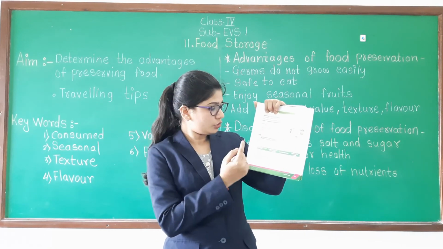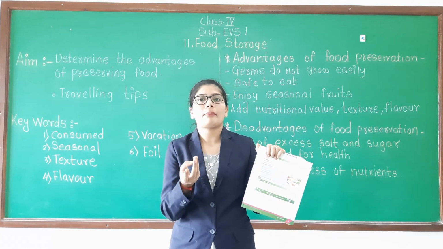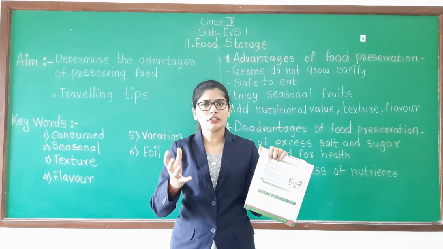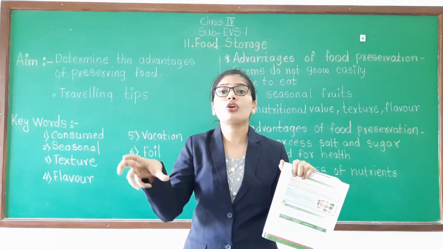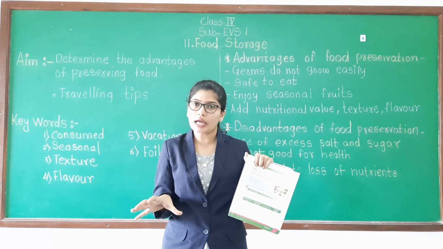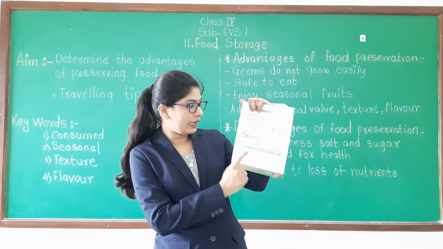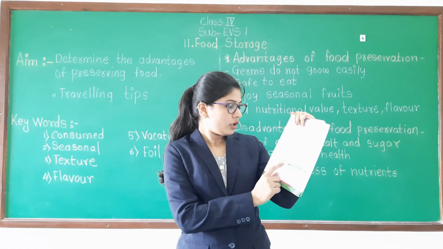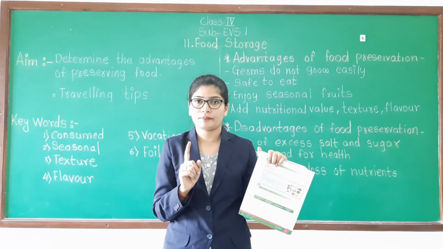Now what do you have to do? You have to collect the wrappers of food items like the wrapper of milk, biscuits, kurkure, wafers, whatever packed food items, okay? Not the cooked items. Take the wrappers of the packaged food and write the name of that food. Then you have to write the expiry date or use-before date. So that is given. I have shown that.